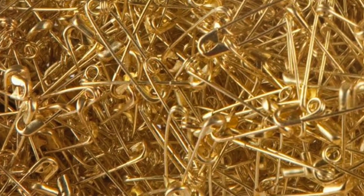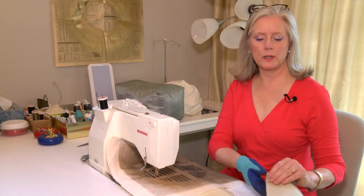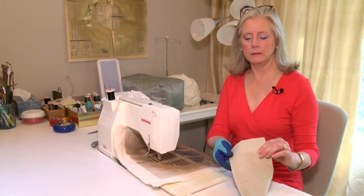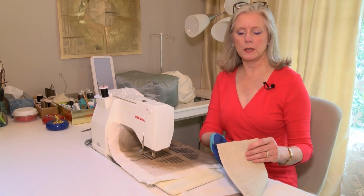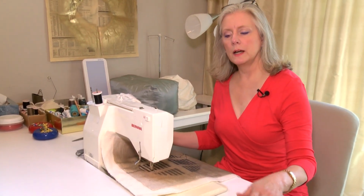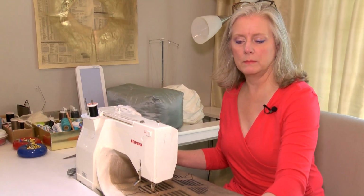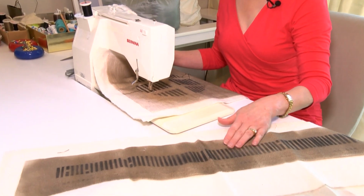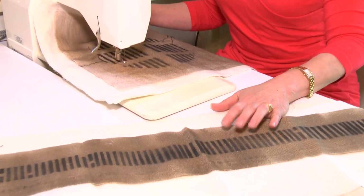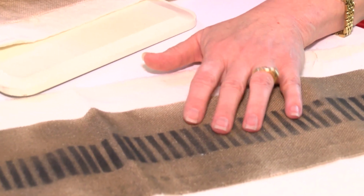So to tell you a little bit about my process, I use 100% linen. It's a decorator weight linen. It's got a nice heavy weave that reminds me of antique textiles. And then I will spray paint the background an antique bronze color, and stencil. I cut my own stencils, and then I stencil lines on it so that I use those as a guide